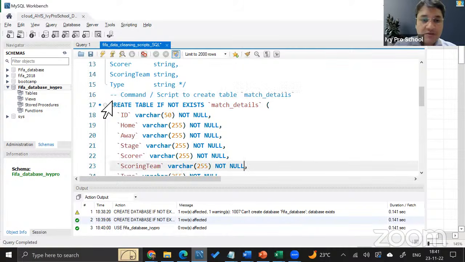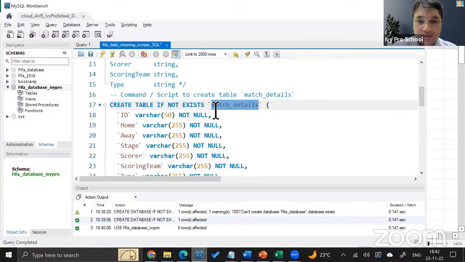So now here, create table if not exists, similar to what we did earlier. Create table if not exists, and this is the name of the table. It's a good practice to put it under a pair of ticks. Ticks is a symbol before number 1 on your keyboard, just below escape. It's not always mandatory, unless you have a space here, but it's always a good practice to put the table names, the database name and the field names under a pair of ticks. Now I am going to create the table.